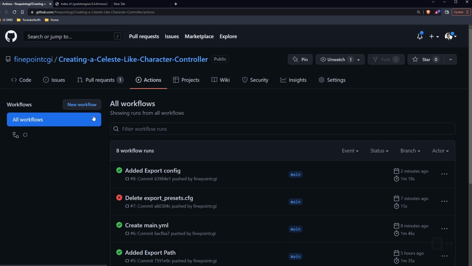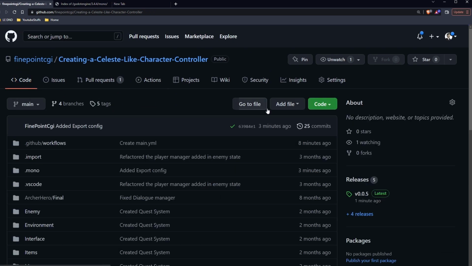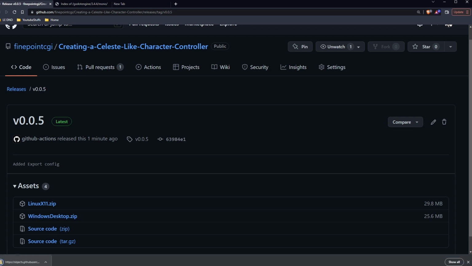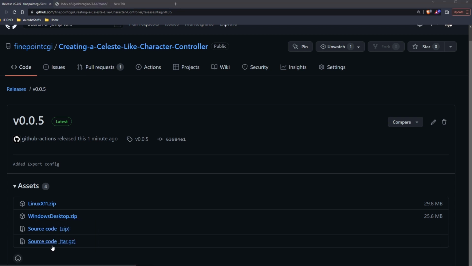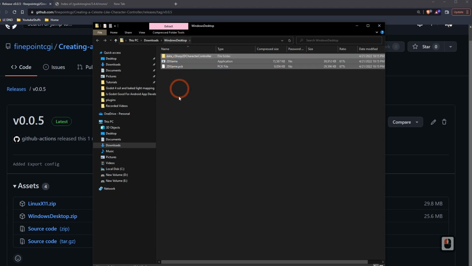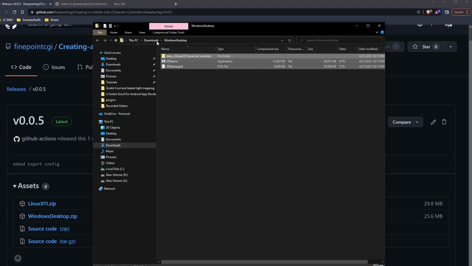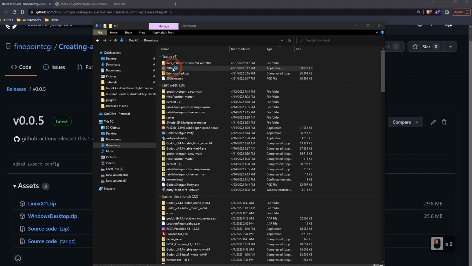If I scroll up and go to Code, you will see over here I have a release 0.05 on the bottom right. If I click on that, you will see that I have a Linux build and a Windows build of my game. I can click on this and actually download my game. And I have my game right here. So I can take this and extract it to my downloads, and I can actually go ahead and play it. If I go to my downloads and double click on it